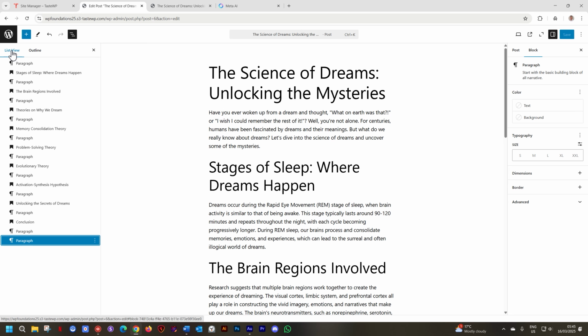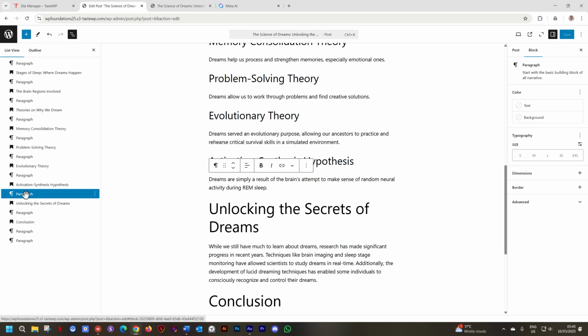Here with the list view, every block on this page appears here, and it starts at the very top with a paragraph. Now, this is what I like and things that can really help you. As I hover over this paragraph, you will see it turns blue and on the page, that blue bounding box appears. The next one is a heading, and you can see as I hover over them, the blue bounding box appears. The other great thing is that if I see this paragraph down below here, I want to work on it, click on it, and it will jump to that.